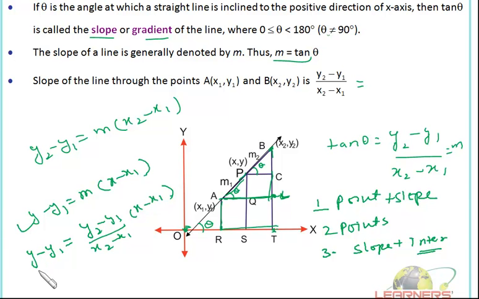This is 1-point form, this is 2-point form, and the third one is slope intercept form, that is y is equal to mx plus c. So I'm just revising them again. 1-point form, 2-point form, we require 2 points over here. Here we require 1 point and slope. Here we require 2 points, and here we require slope and intercept, right? So three major forms of lines are there. Okay,